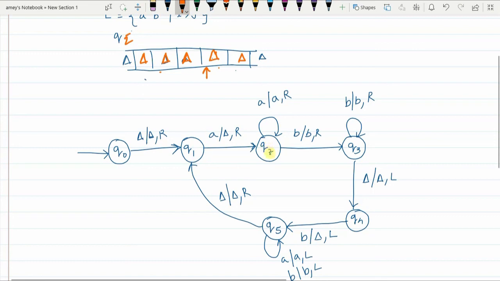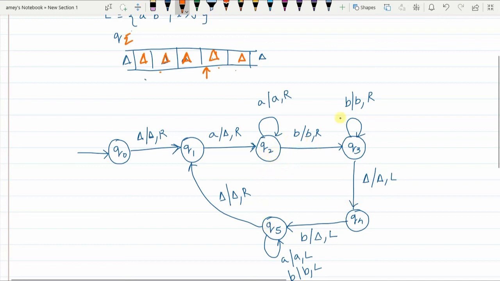Correct? Now just see, for this A there is no matching B that we have got. If there was a matching B, from Q2 you would have gone to Q3, but now in Q2 there is no matching B, so that means there is delta. That means the A that we encountered just now has to be an extra A, so such a string should be accepted. So in Q2, if you get a matching B, then you will proceed in this direction.